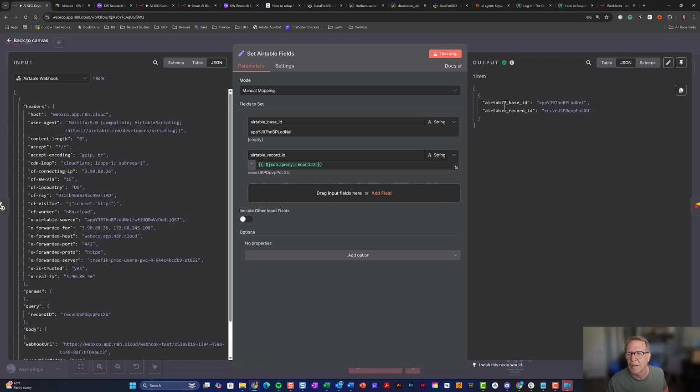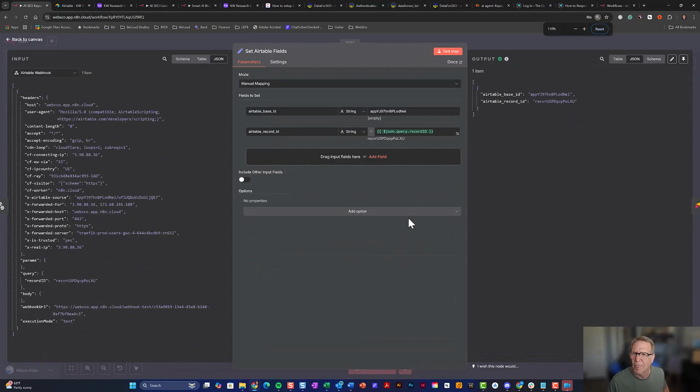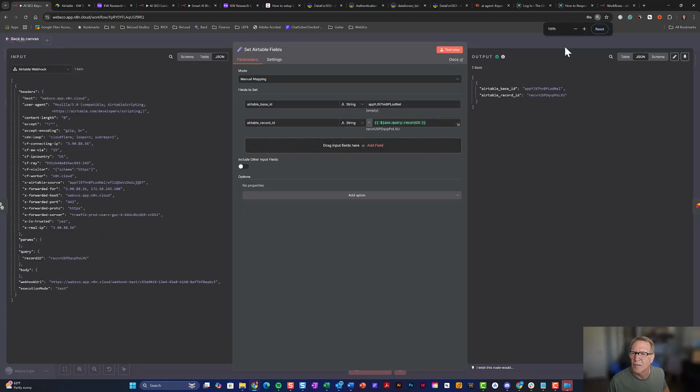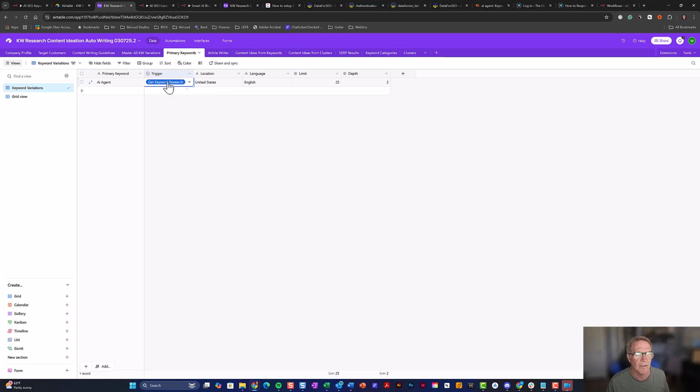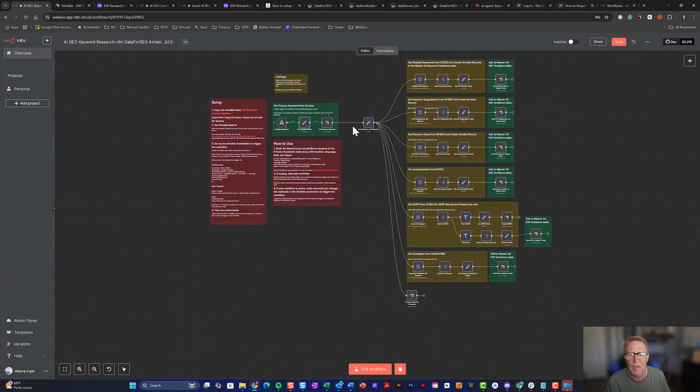So it ran. It gave us the base. It got us the Airtable base and the record ID. Two important things. So now you would be getting the primary keyword, which is, as I entered there, AI agent, and then it would